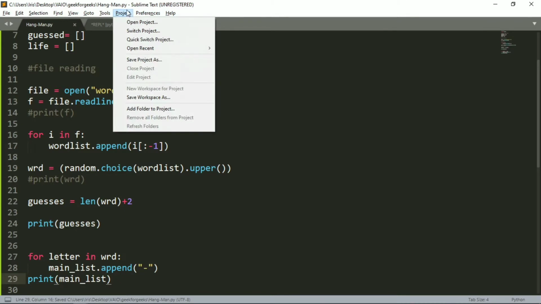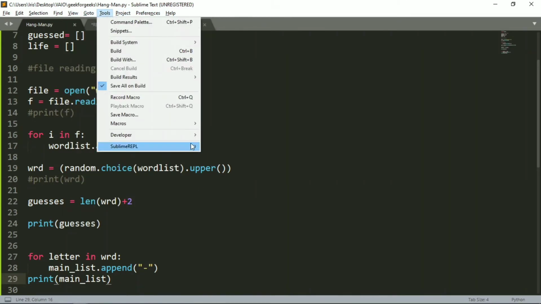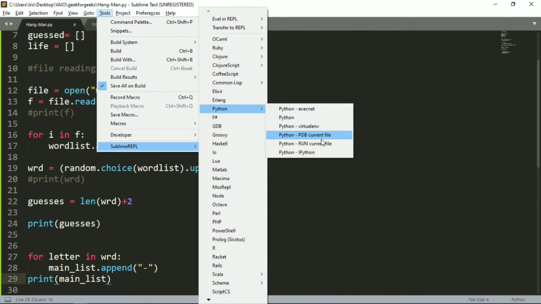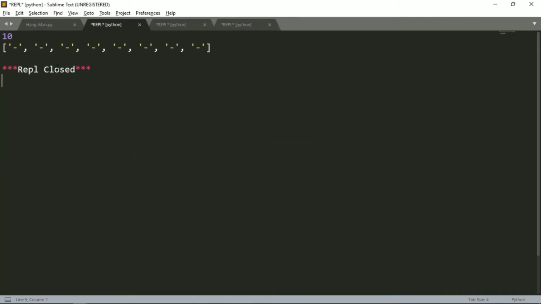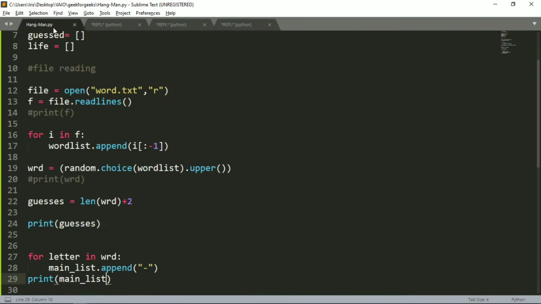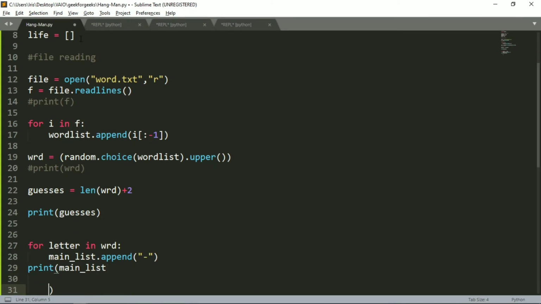First I'll save this, which we always need to do before running a program. Then I'll go to my Sublime REPL Python and run my current file. So it's 10, which means the word consists of 8 alphabets, and here we've got 8: 1 2 3 4 5 6 7 8. So that is 8 blank spaces, meaning 8 alphabets are present for the user to guess.